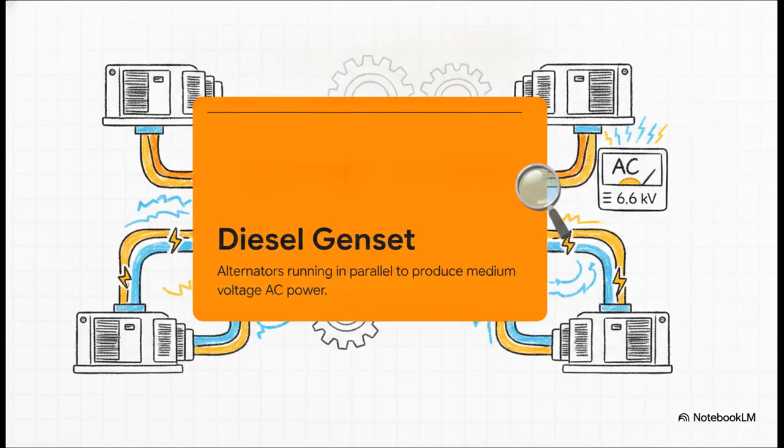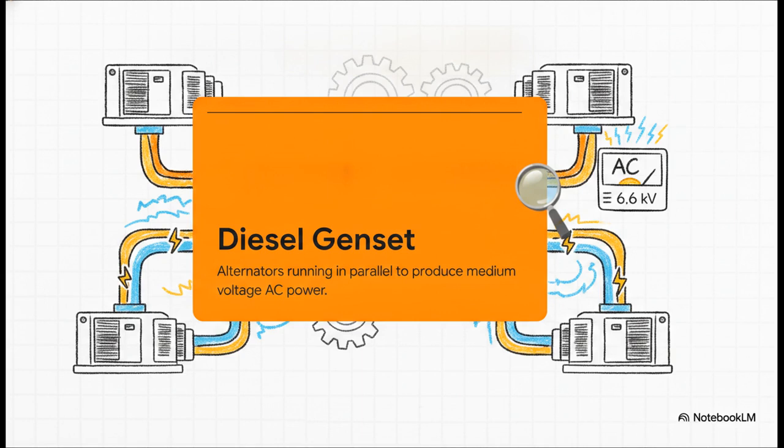Step 1 is generation. This all starts deep down in the engine room with the diesel generator sets. And a rig doesn't rely on just one. Usually, you've got several gen sets running in parallel. That built-in redundancy is absolutely crucial because it ensures that if one unit trips, operations just keep running safely without a blackout. So each alternator is spinning, producing alternating current, or AC power, at medium voltage, which on larger rigs